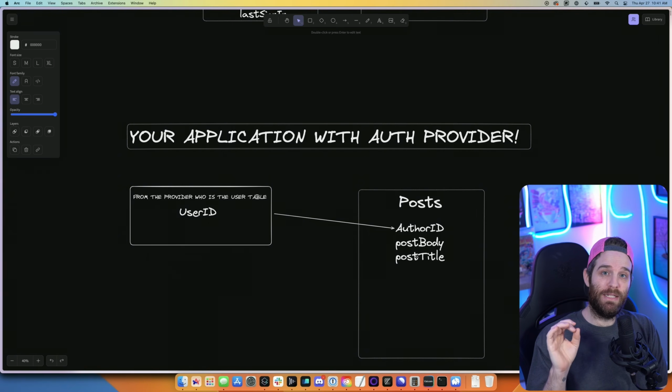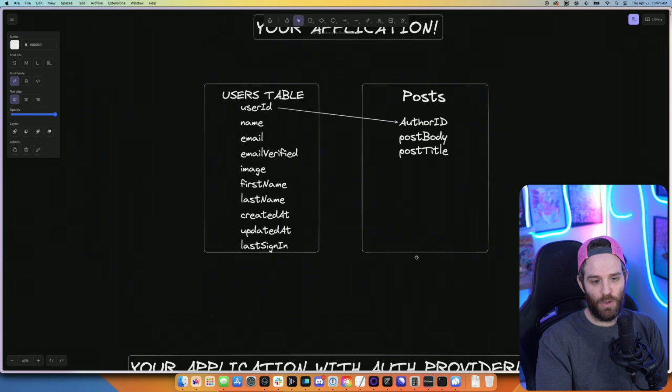And that's where tenant tables come in, which are very different than a users table. Looking back at the users table, it's basically every piece of information that you need to build your application. Things like last signed in, updated at, sign in at, was the user's email verified, etc., etc. So the users table is pretty rich with data.